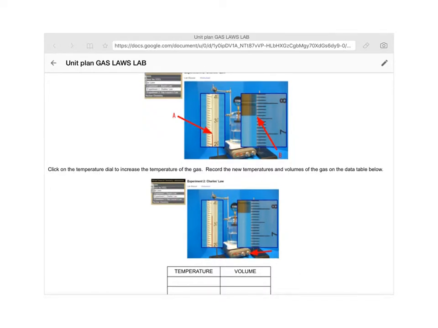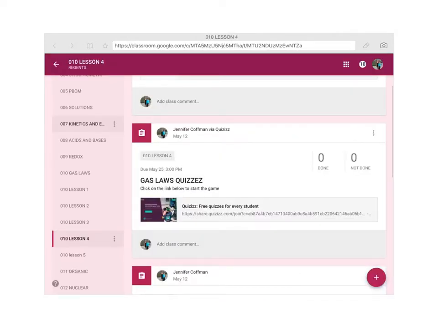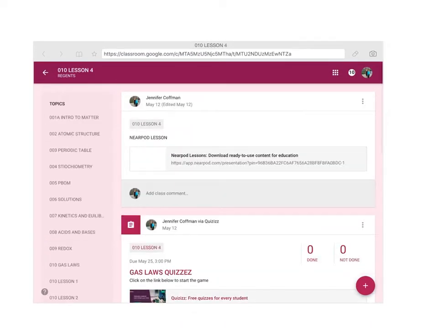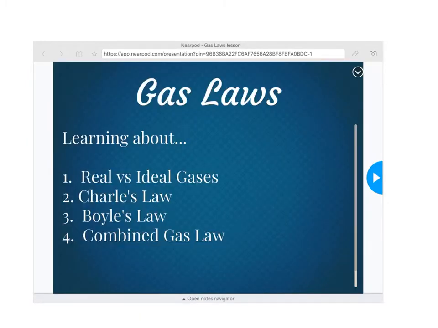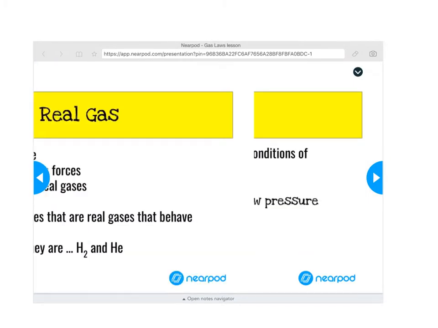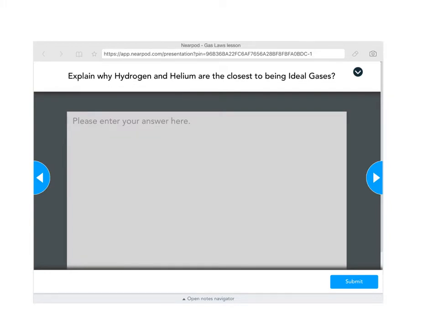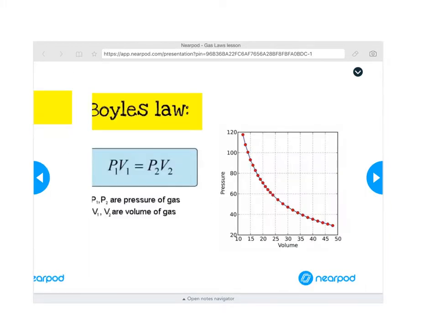I also have included a gas laws quizzes that the kids would click on to work on in class, and also, if I can get there, a Nearpod lesson that they will do in class with me, and it has all the different gases, what a real gas is, the combined gas law, and some interactives where they're going to answer them as we are talking about it in